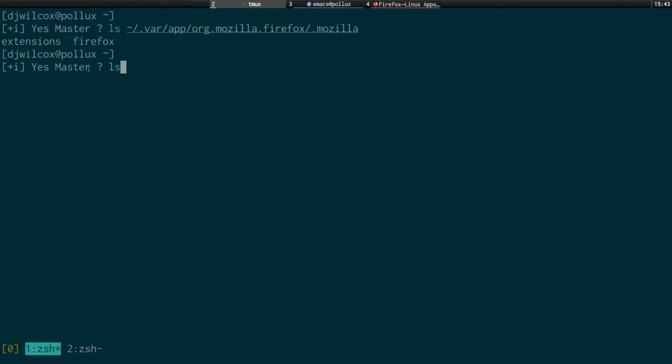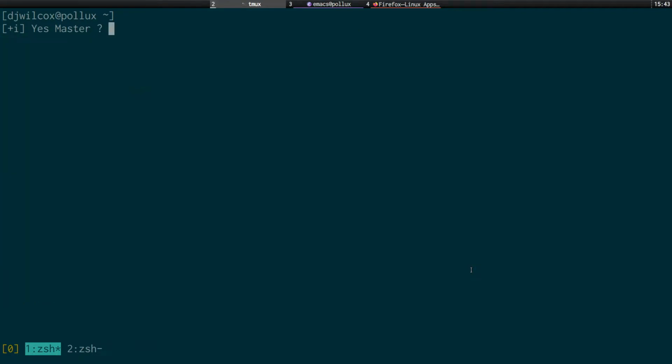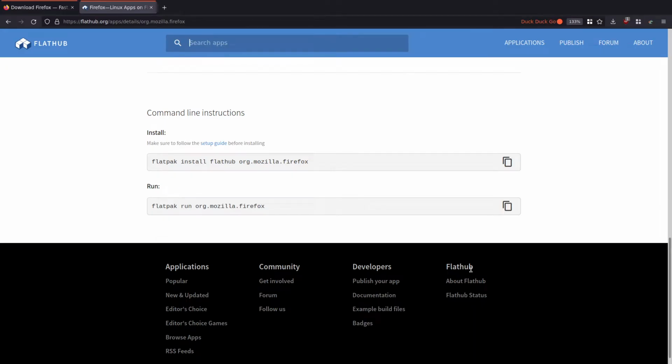And then again, you would put that in. You put your custom version in local share applications. So org.mozilla.firefox.desktop. So that's how you can create custom launchers for the Flatpak version, and all the steps you need to go through, get everything working, and is much better than the Snap version, and also seems to be better than the Deb version. And you've got the advantages of it not auto-updating,